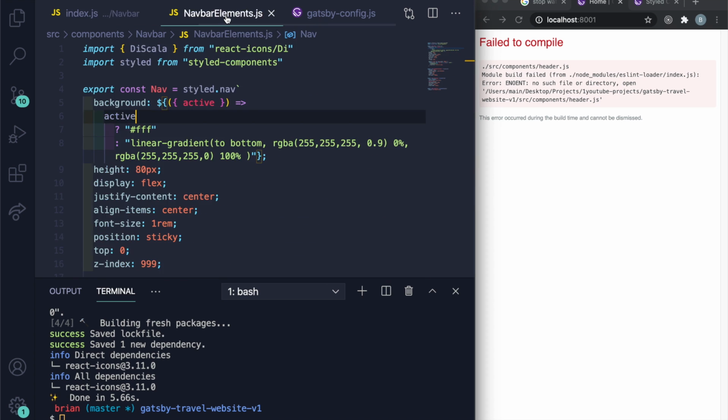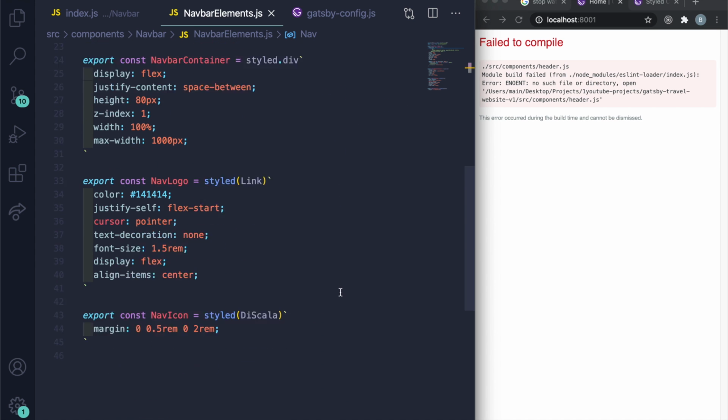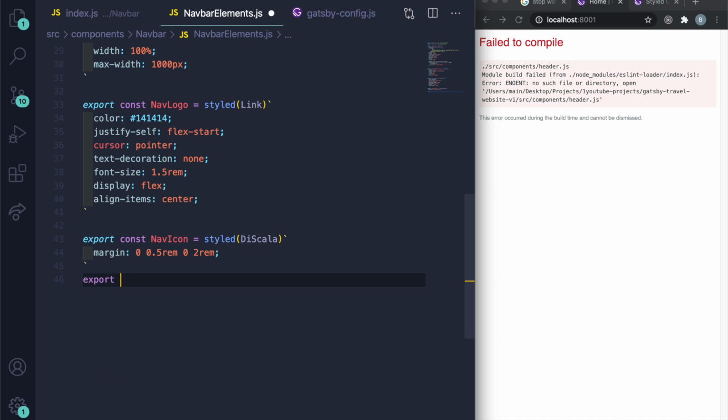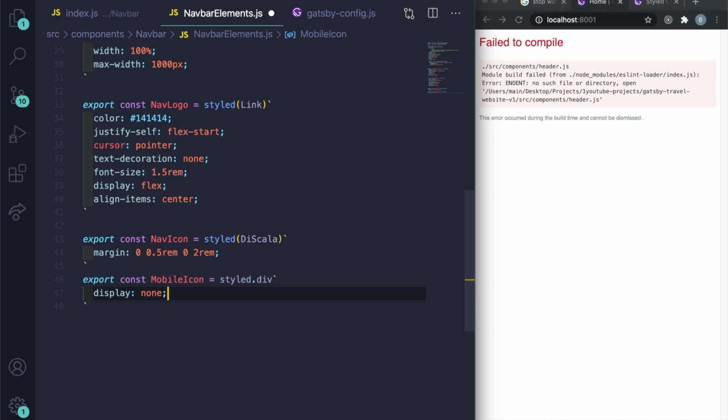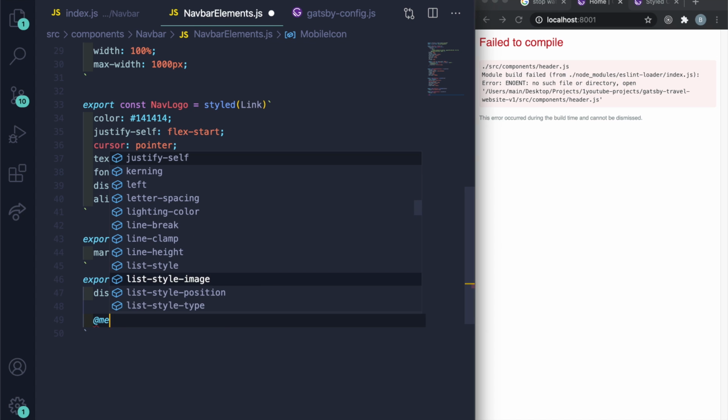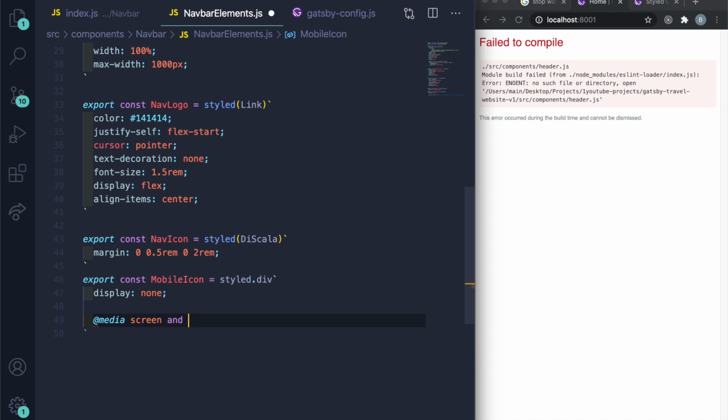Let me go back to navbar elements, and let's see if I actually have any styling on the mobile icon. So it's nothing crazy, and this is the last one, and then we'll go check out the site. So now we're going to say export const MobileIcon is equal to styled.div, backticks, and then let's just do display to be none, and then @media screen and (max-width: 960px), curly brace, and we're just going to say display should be display: block,